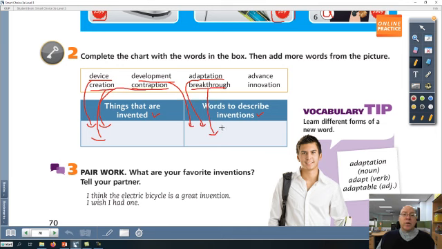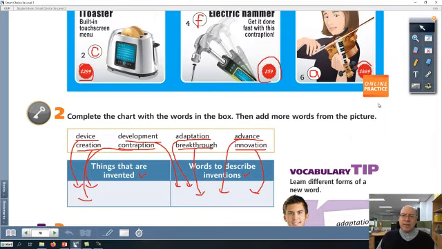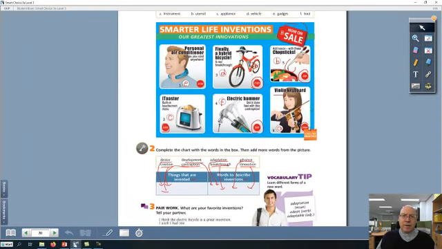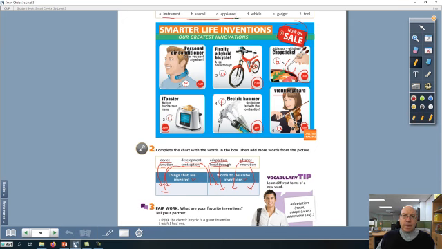Breakthrough, we use that to describe something that's new and it's going to change a lot of things. Advance, and innovation. Basically, all these advance, innovation, and breakthrough, that's pretty much the same thing. So all those would be considered synonyms there. And if we can consider taking some of these words from exercise 1 and plugging them down here, well, these would all be things that we would consider things that are invented. So we can plug all these, if we wanted to, down here into these things that are invented to make it quite easy for us.